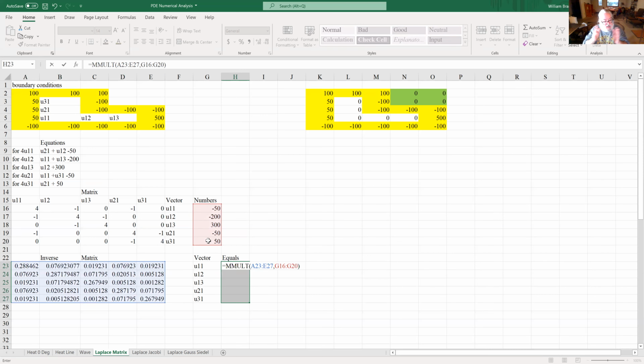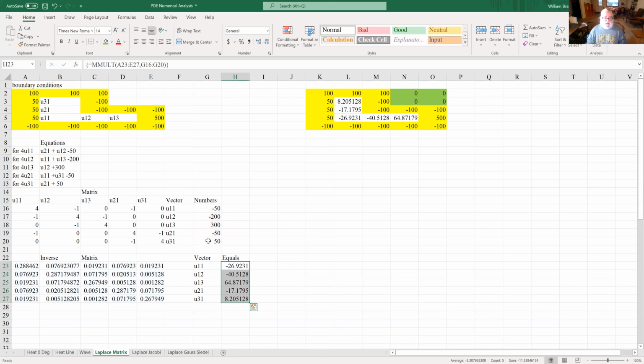And we close the parentheses. Before we hit anything, you have to be careful. Again, Control Shift with the left hand, Enter with the right hand, and ta-da, you've got your numbers. So we've found the steady state temperatures, at least an approximation for that, for